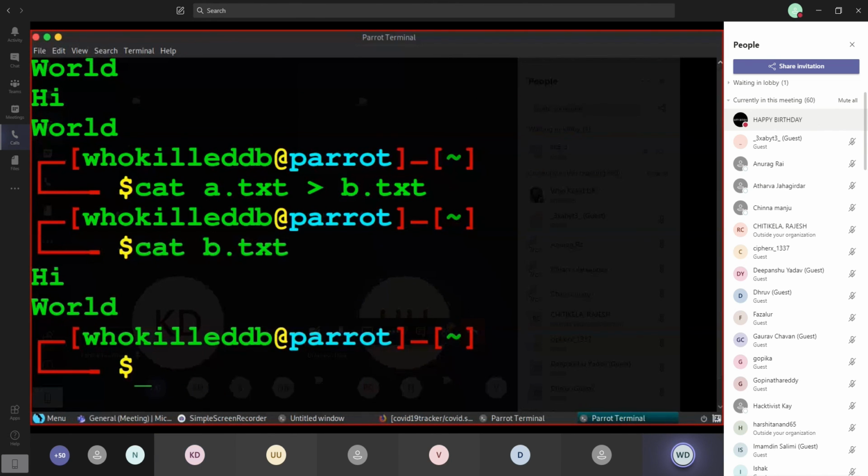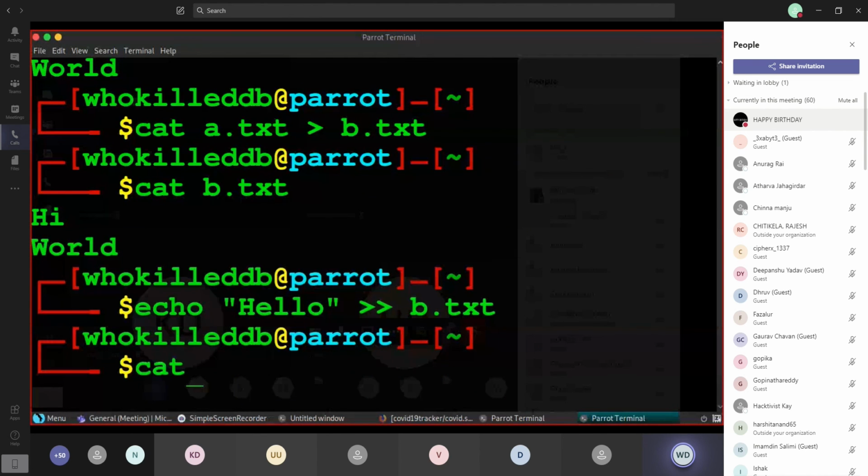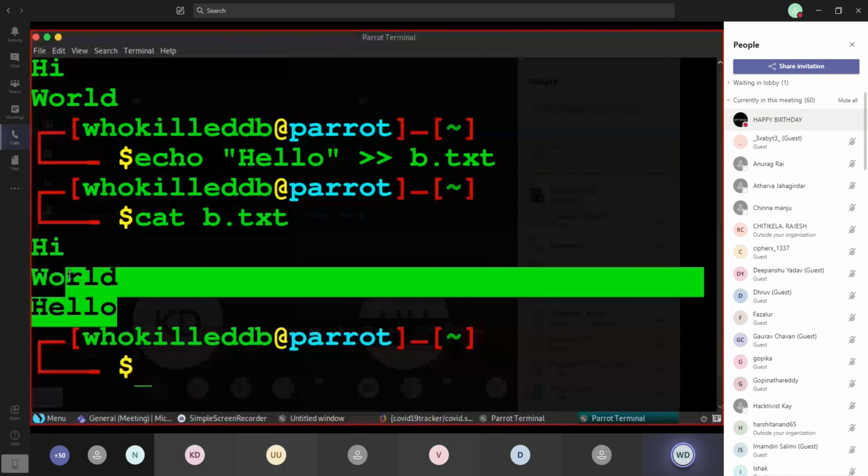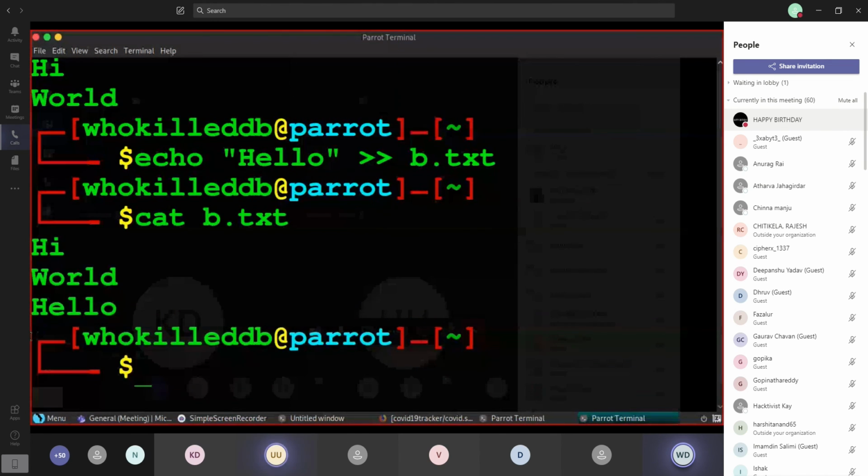So now I'll write hi world there. And you said you want to echo something extra in it, right? So what we do is I'll do echo hello. Now I'll use these double arrows and add it. And if I cat b.txt, you see I have it here. Got it? And if we wanted to include it before it, we would have saved the content somewhere else in a local variable or something like that,